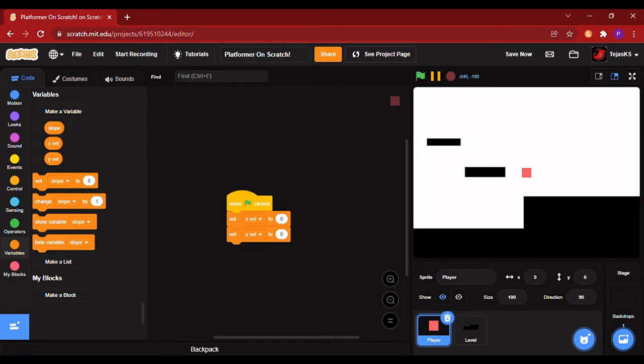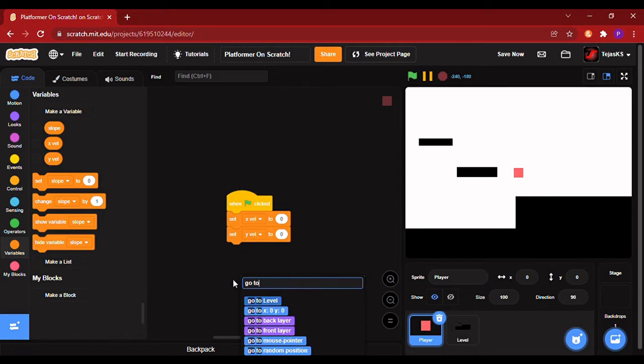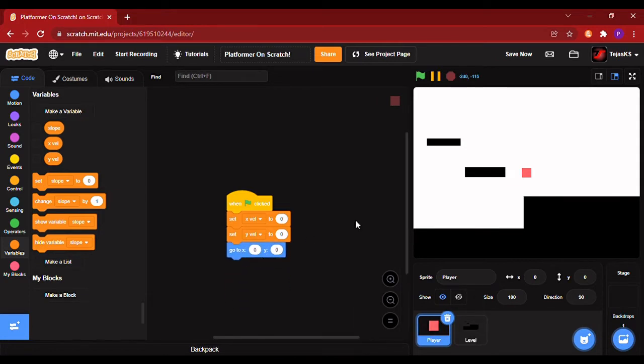And after that, go to a position. So which position we will take right now? You can spawn it at any place. I would like to spawn it over here. Minus 220 and minus 65.